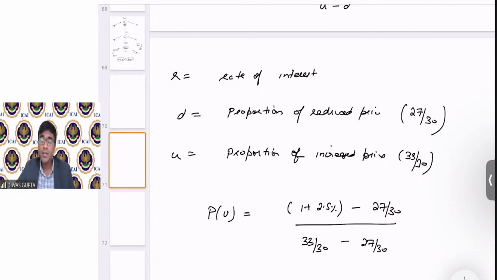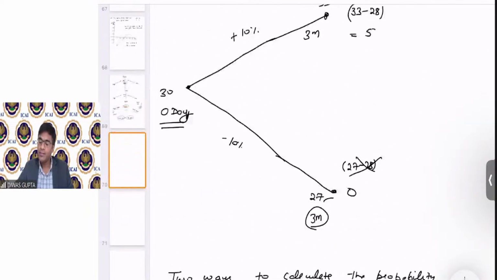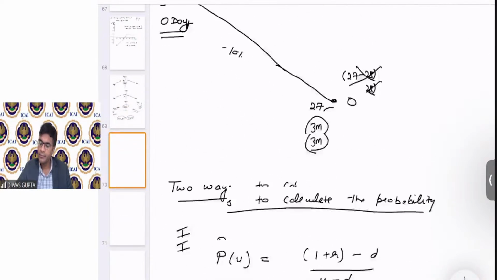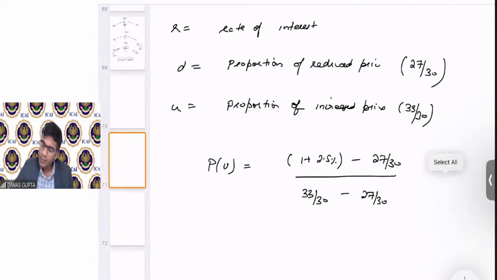No, original price is now 28. Strike price is 28, Mansha. Here we assume strike price is 28. Okay. So this gives us a value of